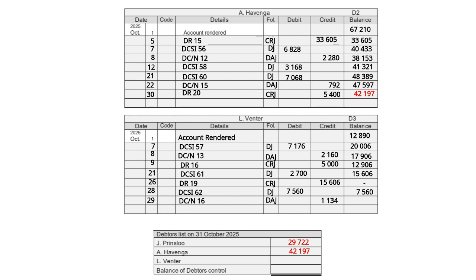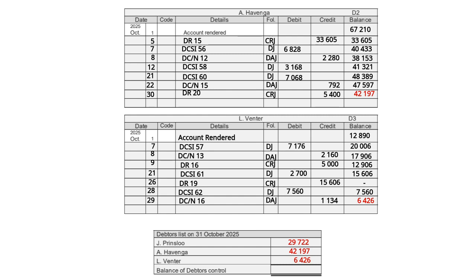So the balance owing at the end of October is 6426. And this is the same amount, that's why it's in red, that we are going to transfer to the bottom of the list under Venter's name. Debtors list Venter 7426. Now that we've completed all three debtors ledgers, we can now add up the three amounts, and we know